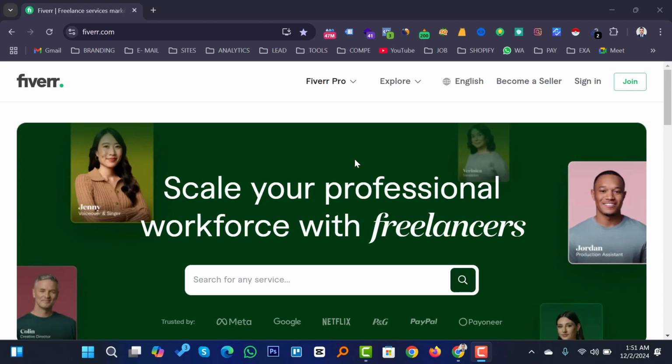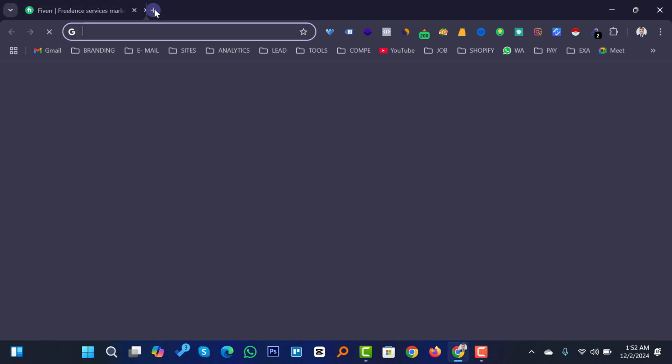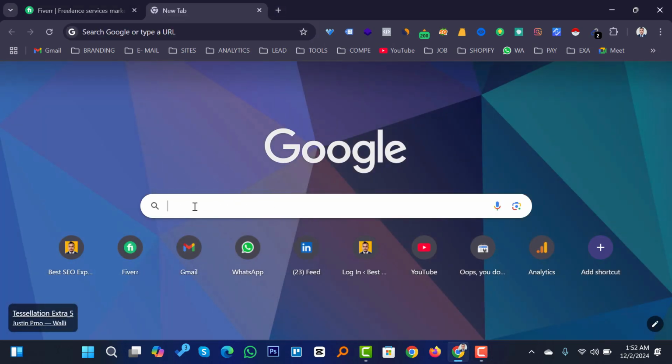Okay, today I want to talk about Fiverr Gig Ranking. I have already talked about Fiverr Gig Ranking signals before, but I want to share more things that are very important for your gig ranking. Okay, so first of all, you should use the Google Chrome browser. First of all, you should go to your search area and search